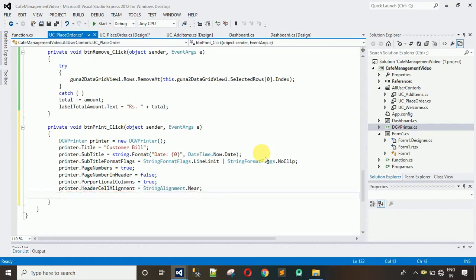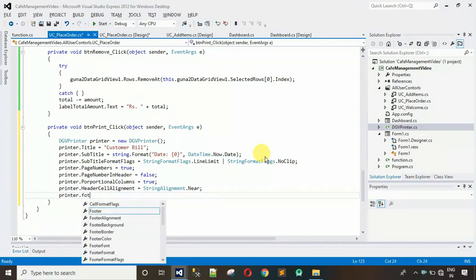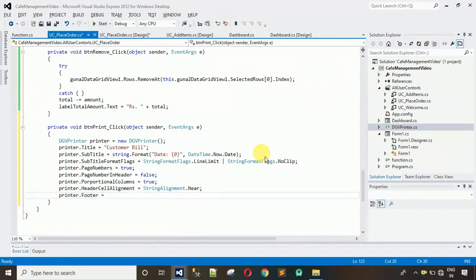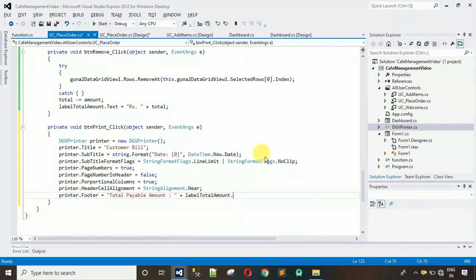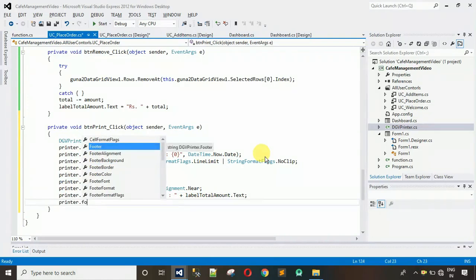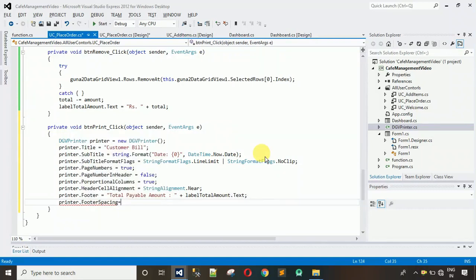And after this we have to just mention printer dot footer is equal to the total amount. So total payable amount is, and we have to set that from the label, so plus label total amount dot text. After this I'm going to just add a footer spacing, this one is equal to 15,